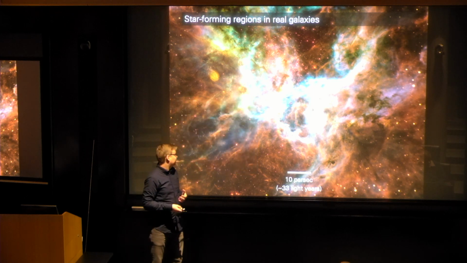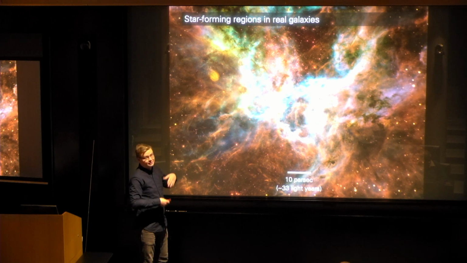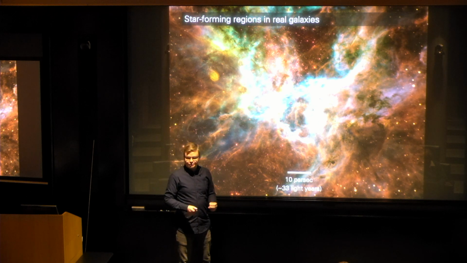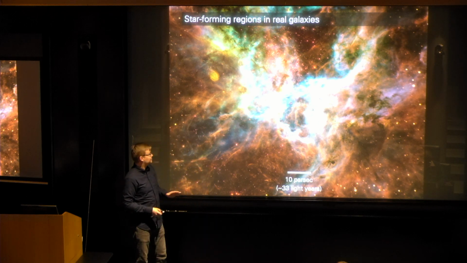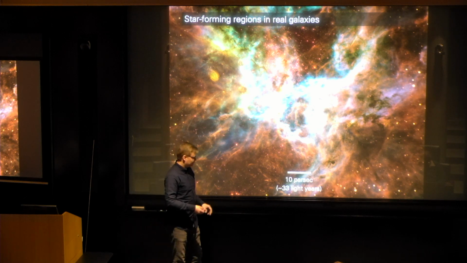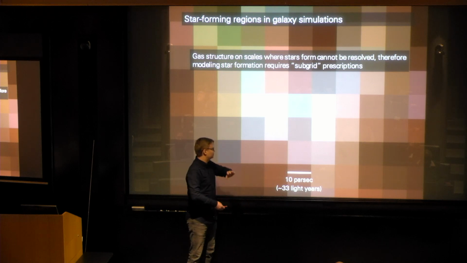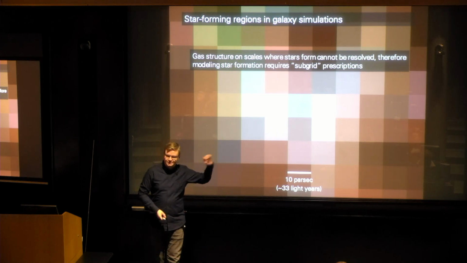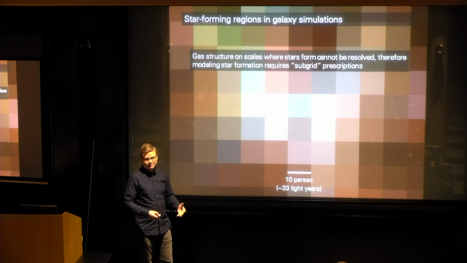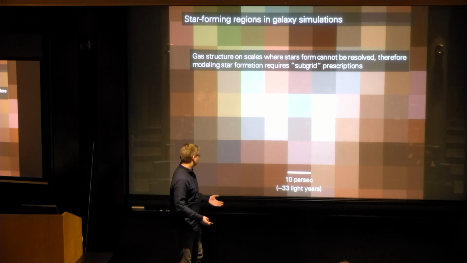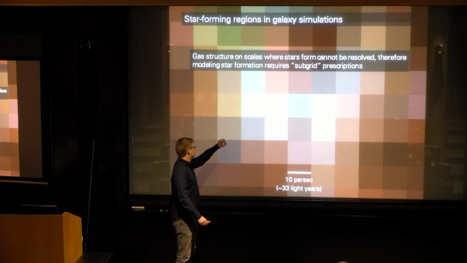So I myself work in galaxy simulations, and in galaxy simulations, modeling star formation and stellar feedback is the key challenge nowadays. This is because in galaxy simulations on these scales, we never see a beautiful and complex picture like this. We have to deal with something like this. This is a typical resolution of the simulation. So we have no information about the complex dynamics and structure of gas on unresolved scales. So modeling star formation necessarily requires subgrid prescriptions. In other words, we need to tell our simulation what the star formation rate is in each resolution element given the